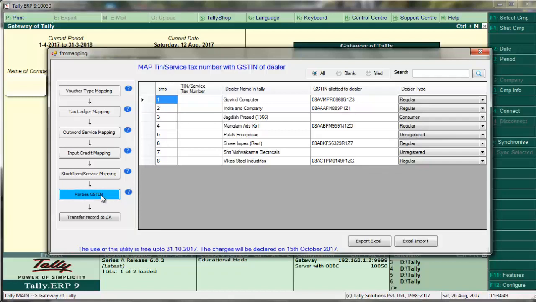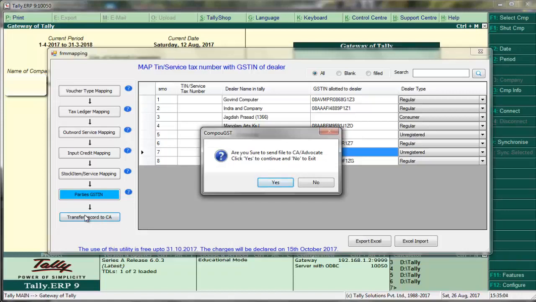Then last option is to fill the GSTN number. Here you can fill the GSTN number of parties where they are not available. After filling the same, click on Transfer Records to CA to finally send the data to your CA.